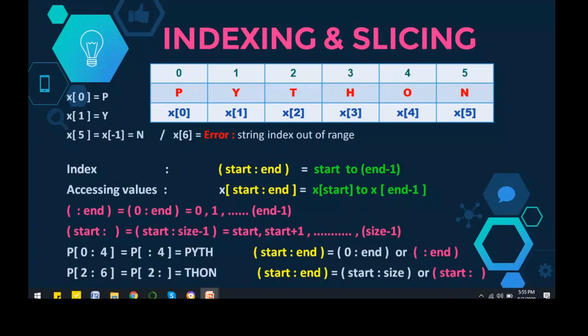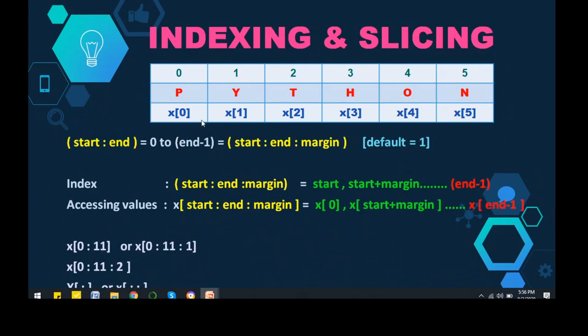Also one more thing: this was from the starting to some particular range, or from the middle to the end, but if I want to fetch a substring from in between the string, then, let's say I write 1 to 4, it means 1, 2, 3. So this will be fetched and the output will be YTH. So in this way, these are the three ways of accessing a subsection or substring of a given string.